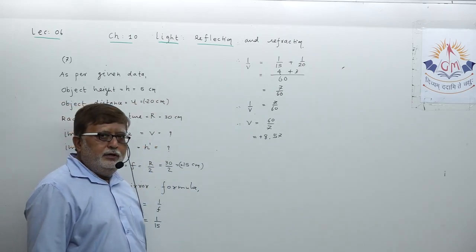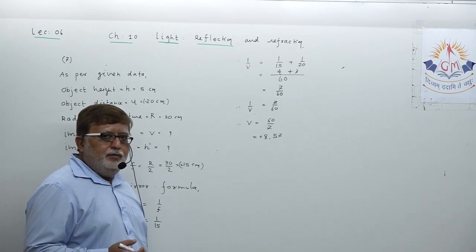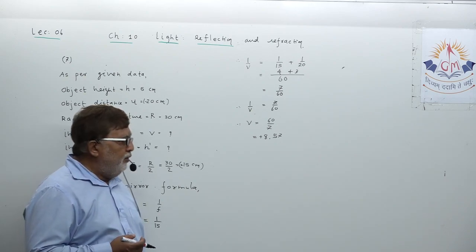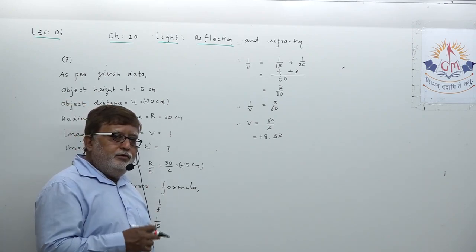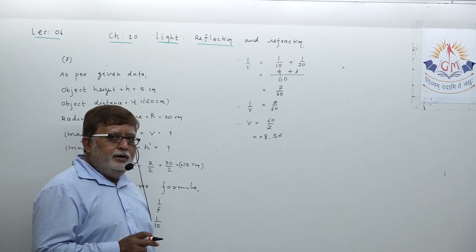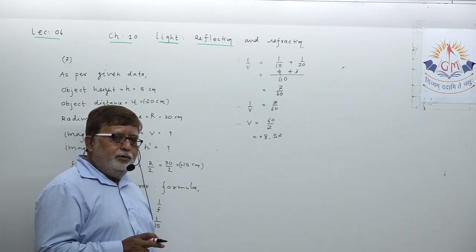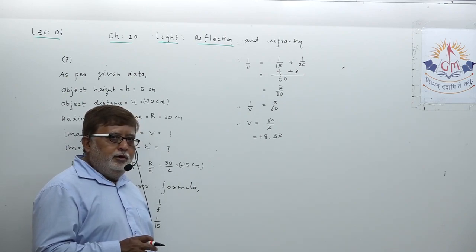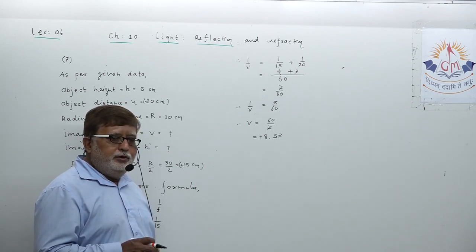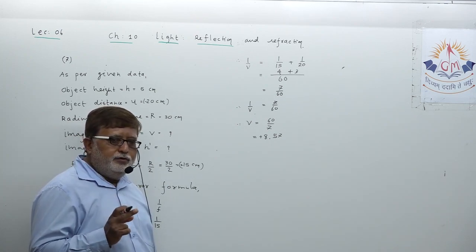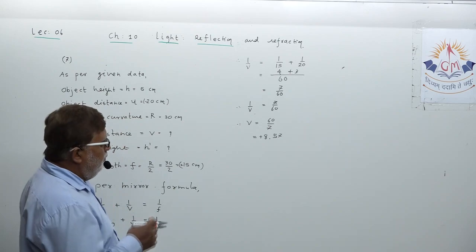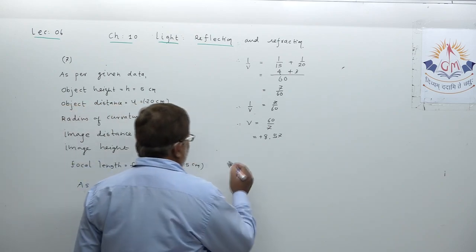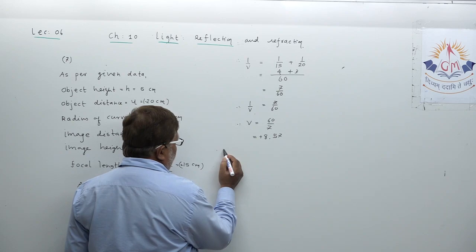You understood the meaning of this. Try to memorize the fact I have explained in my previous lecture. Moment you get V negative, words which need to strike your mind are left, real, inverted. Moment you get V positive, some words have to strike your mind. They are which words? The right, virtual and erect. Okay, dear students. So what you can answer from here? Okay, this is your first answer.